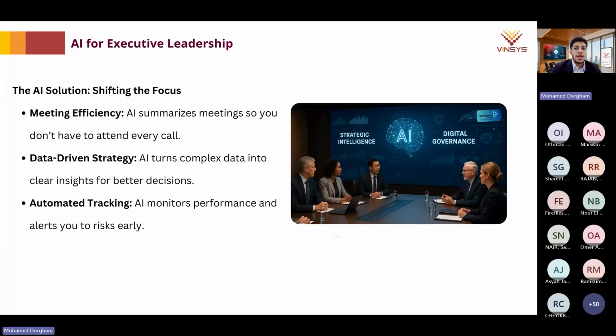Now, one of the main important things that AI can really help you with is summarizing, not only meetings, but also meeting notes. It can help you even to summarize the email conversation or the email communication that happened between you and the team. And so we're going to see this in detail.